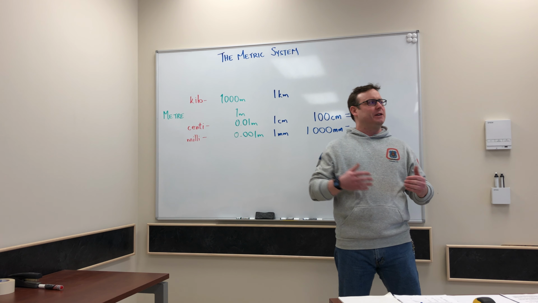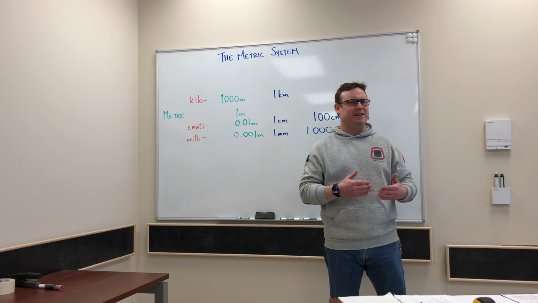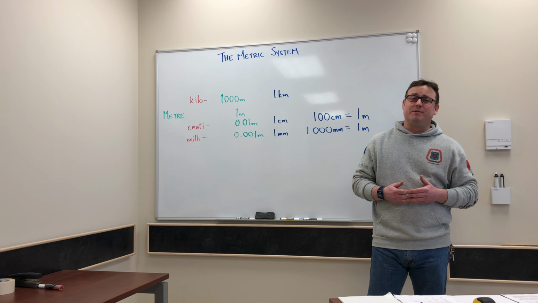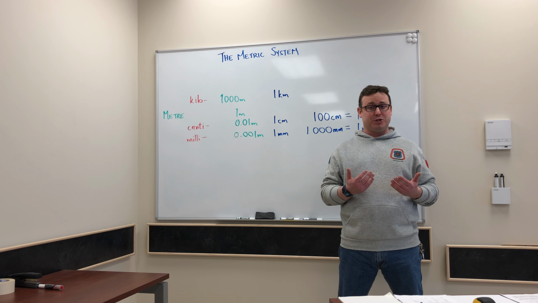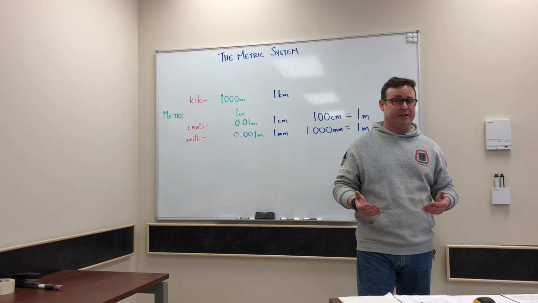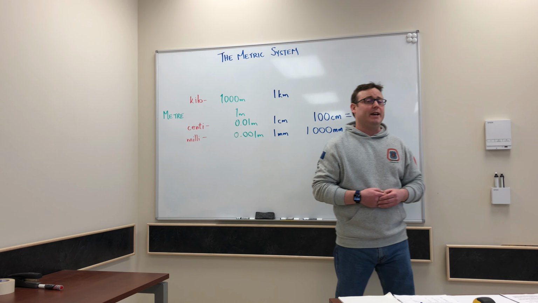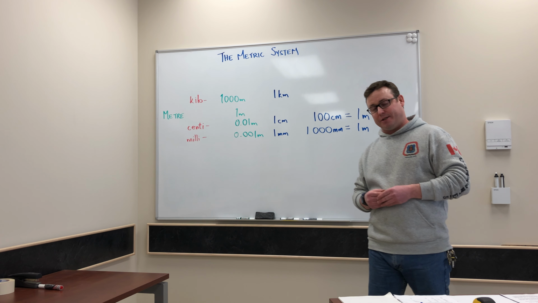Why is there such a big temperature change, and why are we so much further away from the sun than the United States? Well, it all comes down to the scale of measurement that we use. And as you can see from that example, it's very confusing and can be when you're jumping back and forth from different scales of measurement. So today I want to talk to you about the metric system.